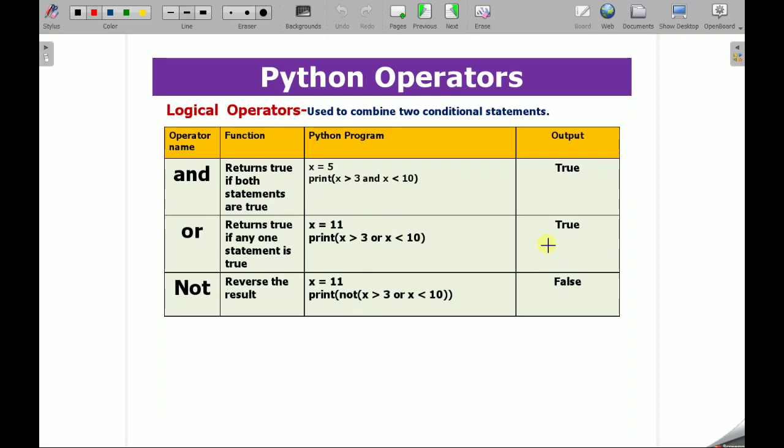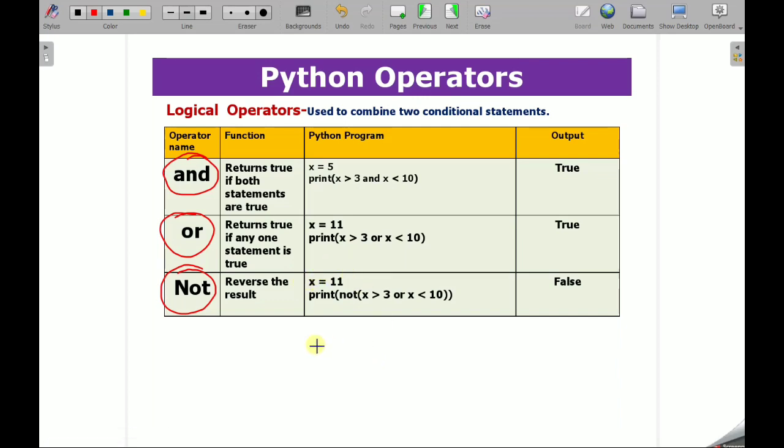And now I am coming to logical operators. Logical operator means this combines basically two conditional statements. For example, here you can see there are three operators: AND operator, OR operator, and NOT operator. As you may have some idea about these operations, AND, OR, and NOT.